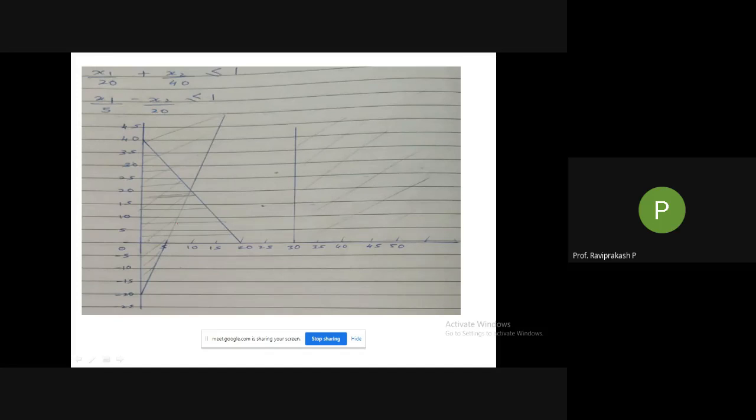But in this case, we cannot have a feasible region. So we should write the answer as: the constraints are not meeting, and the solution for this problem is infeasible. That is what we need to write if something of this kind is given to you. They could ask you maximization, minimization, or just tell you to optimize this problem. If this is the condition, you should tell them that we cannot get the solution as the feasible region is not available, so we have an infeasible solution for this problem. Remember this. This is one of the special cases.